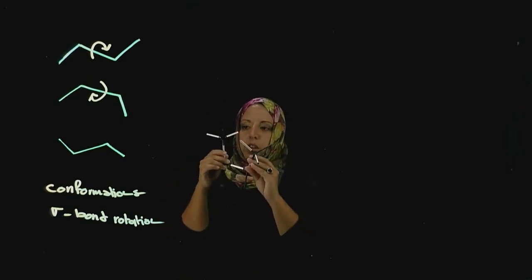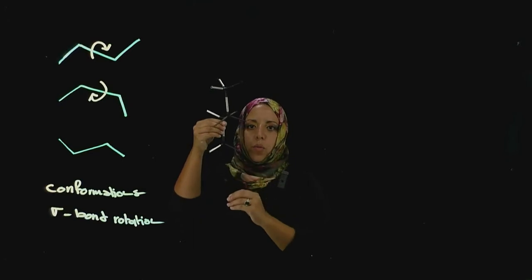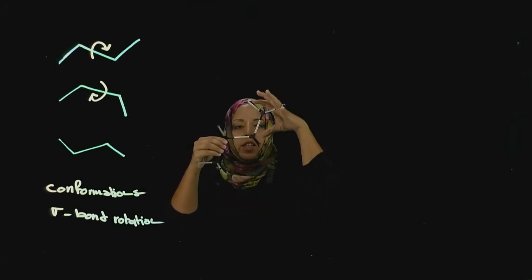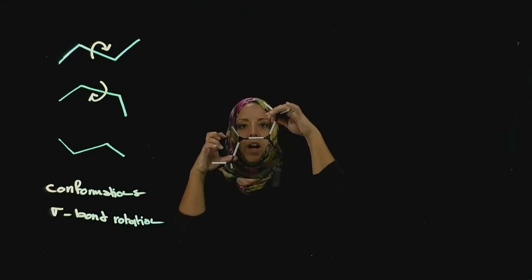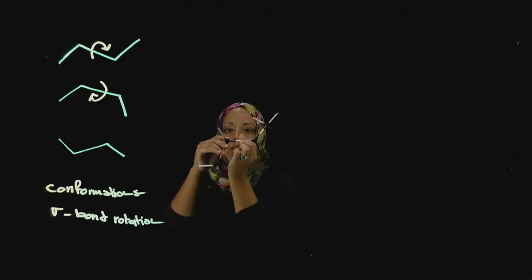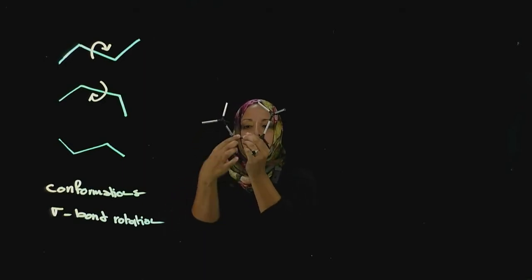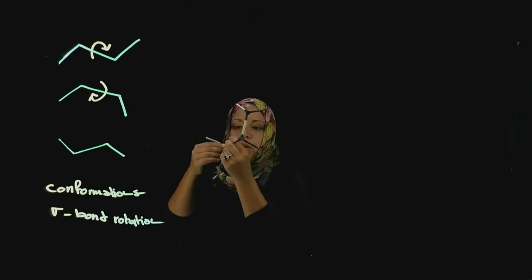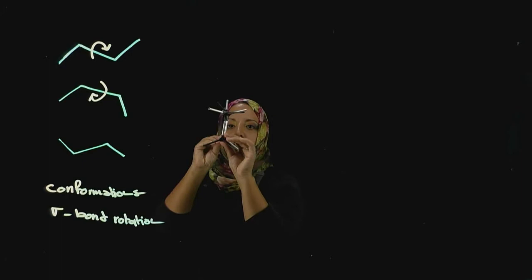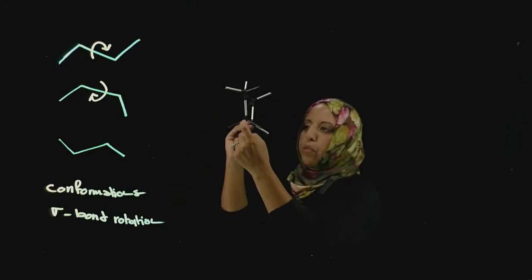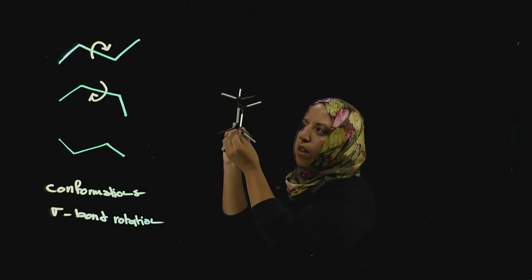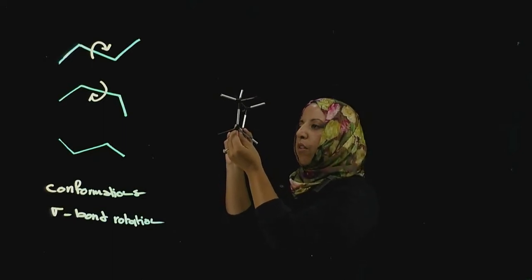All right, so suppose this is what you start off with, and what you're doing is looking down this carbon-carbon bond. And you're seeing how whatever groups are attached to either carbon are affected through this bond rotation, whether it's the front carbon or the back carbon. And what we do is we look down that carbon-carbon bond. So if you look straight down at it, it looks like there's only a single carbon atom. So think about it as you're rotating. So this is what you have,